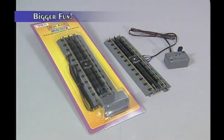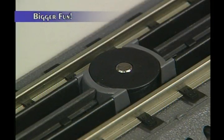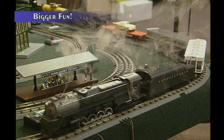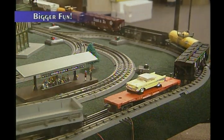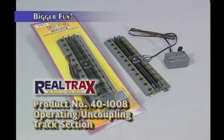The Real-Trax operating track section puts a lot of remote control action on your layout. This track is the same size as a regular straight piece, but has a round electromagnet. The magnet is activated by using this remote switch. If you position the couplers of your railroad cars over the magnet and flip the switch, the cars will uncouple from each other. This makes the operating track perfect for sidings, yards, and other places your trains will need to drop off individual